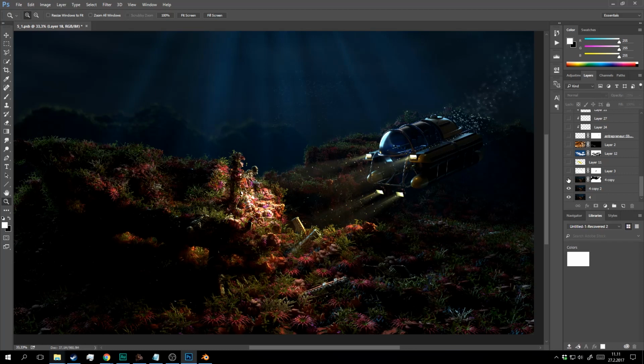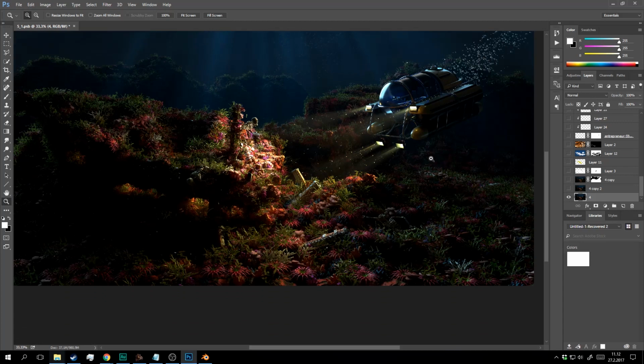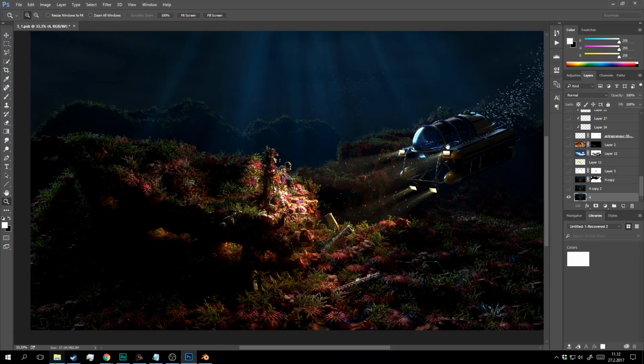Okay, this is the blurry layer. I was blurring the foreground a little bit, and also I was blurring the background, as you can see in the next layer. But the bubbles were the problem, so I needed to mask them out. Okay, this is the background blurry layer, and this background was blurring the bubbles. Okay, this is the original render that came out from Blender.